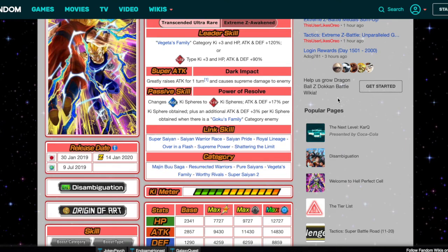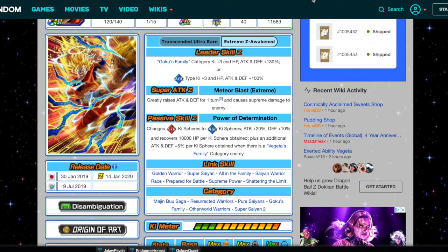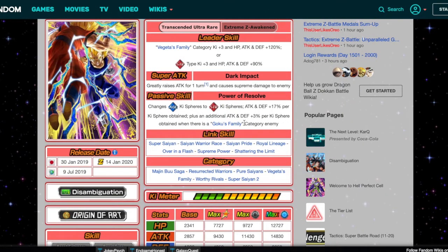But they're in the essence of the same card. And just with these two, you can see right here, these two are literally the same card. The only thing that changes is a little bit in their passive, and of course the links, because one's Vegeta, one's Goku. But then the leader skill is the same, and I would like to see a little bit more of a difference, so you can have more viability when you're running different